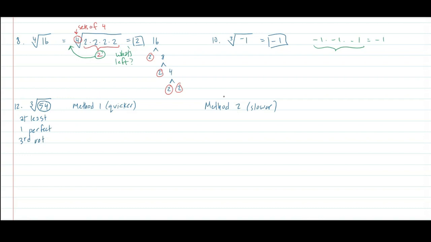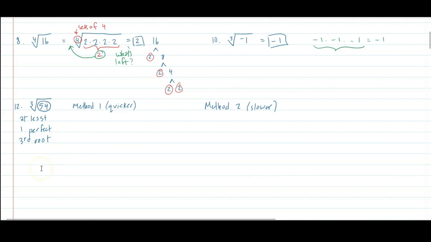Can I write this in a way so that it's got at least one perfect third root? Is there any number out there, and you'll end up with not necessarily 54, but 2 numbers that multiply to 54, and one of them has a